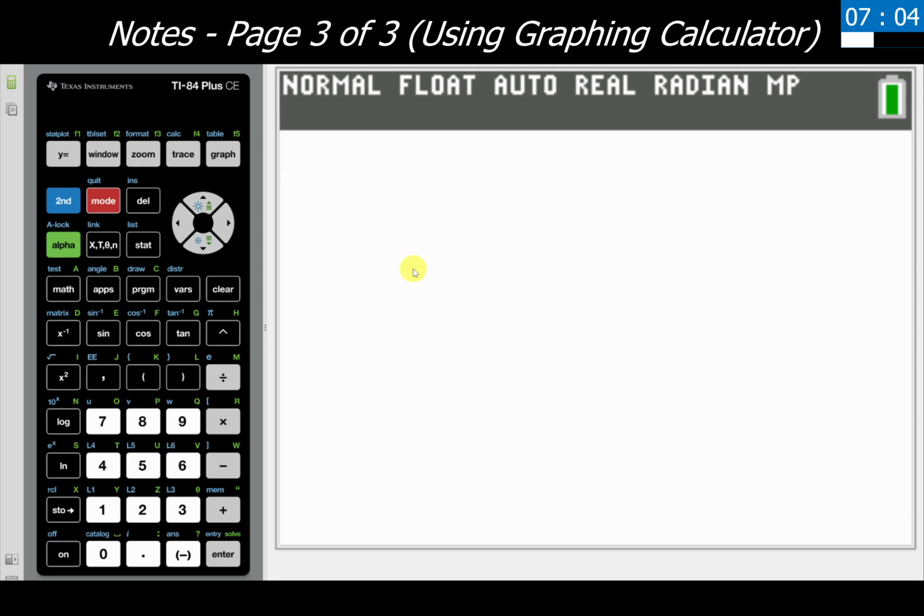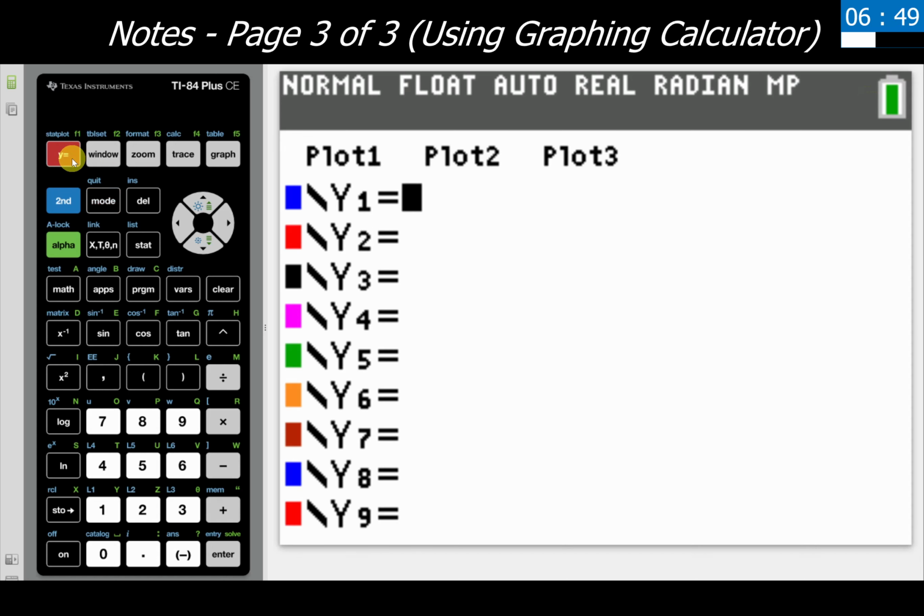So, looking at our program here, we have been given for our very first function, f of x equals negative 2x plus 5. What we want to do in our graphing calculator, I'm just here at the home screen, we're going to go up to y equals, and I want to make sure everything in here is cleared out, so use the up and down arrows and the clear button to clear everything out at the very beginning. We don't want any extra equations in here.